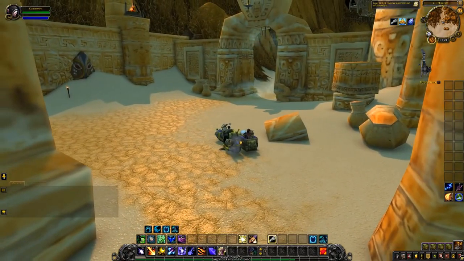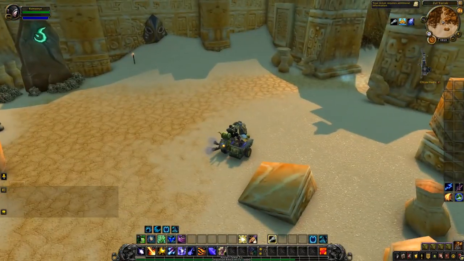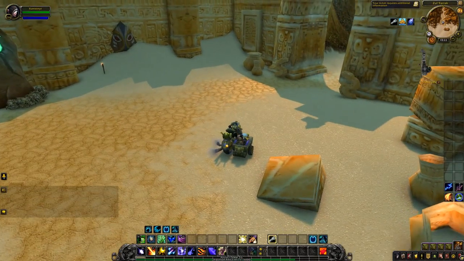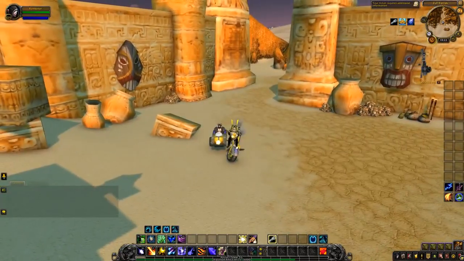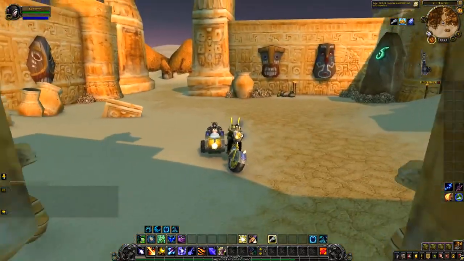Namely, because there are thousands of transmog pieces that can drop out of here, ranging all the way from about 1k gold all the way up to about 300k gold, depending on your server. So it's pretty insane. Now, before I go ahead and enter the instance, I do want to let you guys know